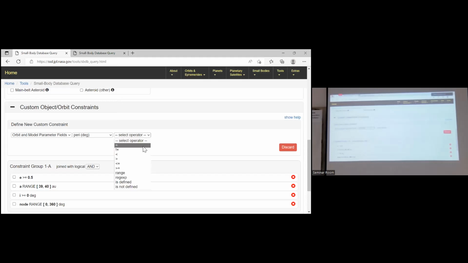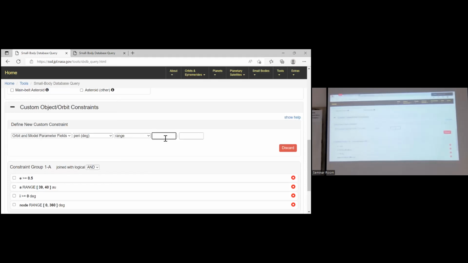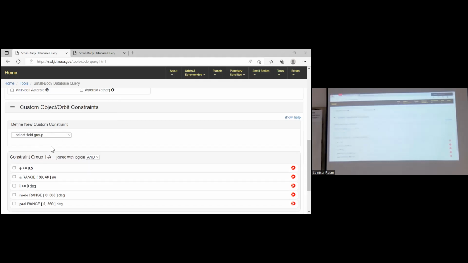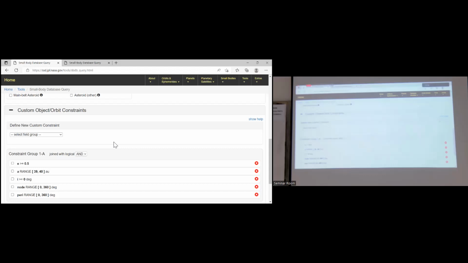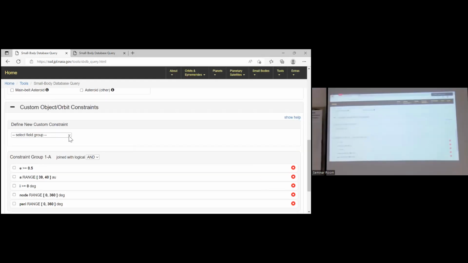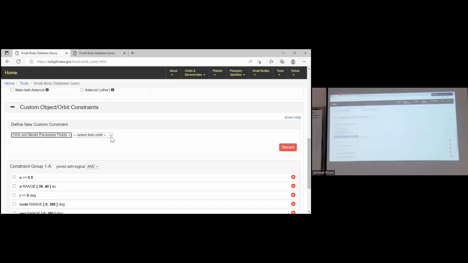Again, this is one circle, 0 to 360 degrees. Add constraint. So we have 5. The last one, you may know, what do we choose?